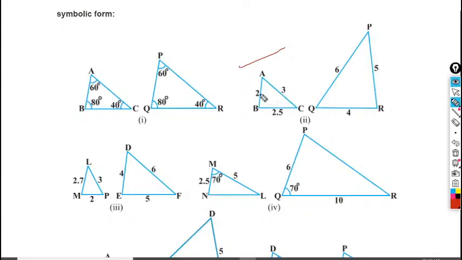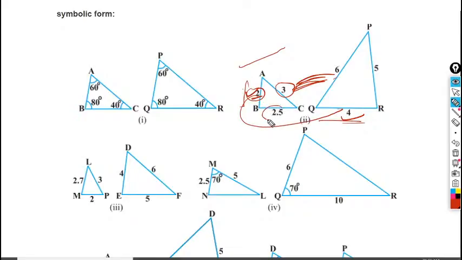Here angles are not given, sides are given. Here you can see AB side is 2 centimeter or 2 units. 2 threes are 6, and 3 threes are 9. So 2 twos are 4 here. That means AB side may be corresponding to QR side, isn't it? Similarly, AC is 3 centimeter, 3 twos are 6. If you multiply by 2 here, the ratio must be the same in order to be similar. So 2 twos are 4, 3 twos are 6. That means these two sides are corresponding, and AB and QR are corresponding.